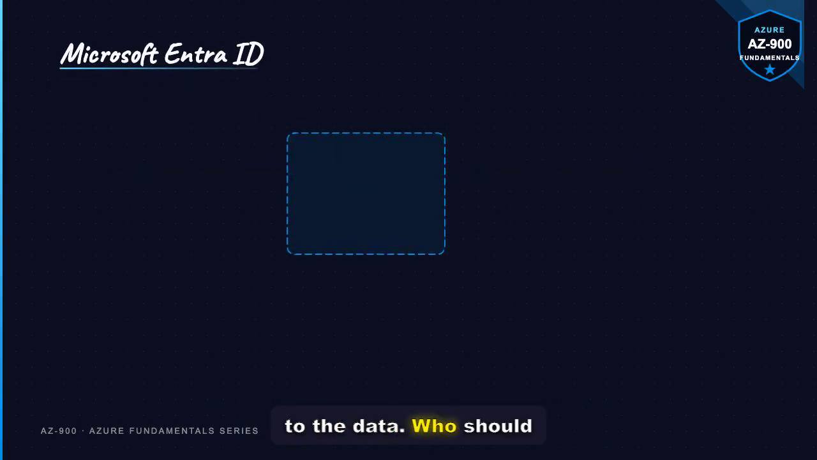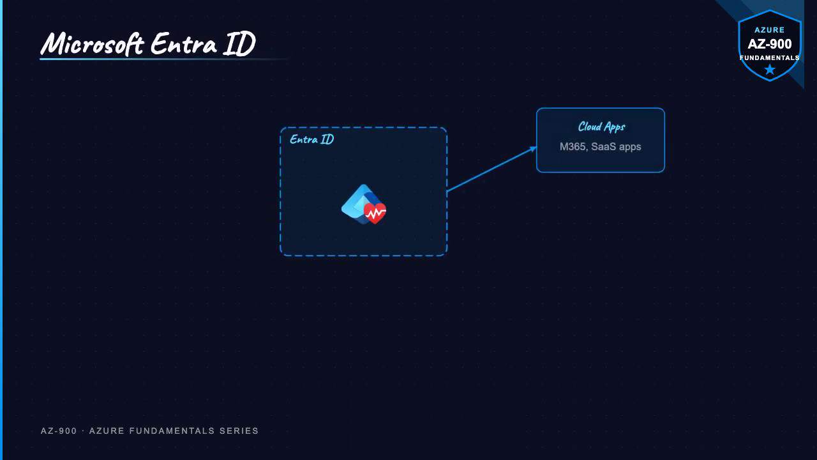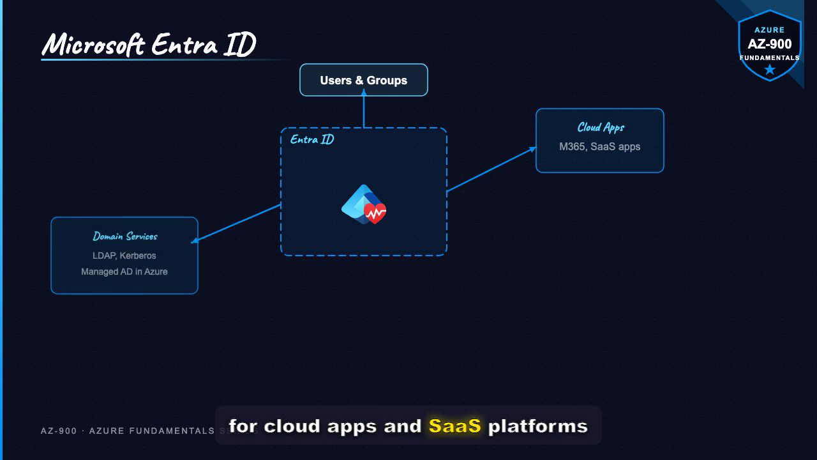down to the data. Who should have access to your cloud resources? Microsoft Entra ID, formerly Azure Active Directory, is Azure's cloud-based identity service. It handles authentication for cloud apps and SaaS platforms like Microsoft 365. It stores users, groups, and app registrations. Every Azure tenant gets one Entra ID instance automatically. If you need traditional Active Directory features like group policy and LDAP in the cloud, Entra Domain Services provides a